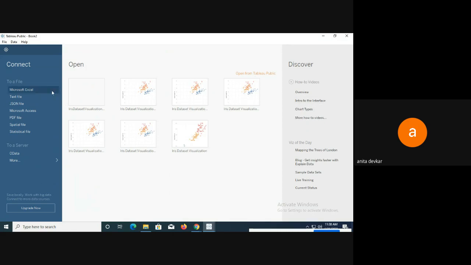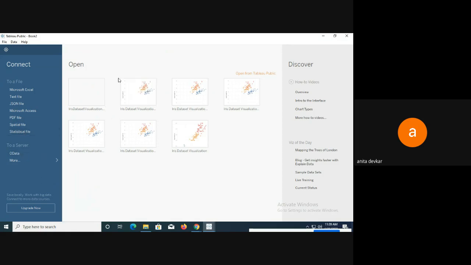If you want to connect to data sources, you can do it with the help of this. On the left hand side you can see a connect pane, which highlights the available data sources. Here the file types are listed, and after that you can see some server types, so you can connect to these also.